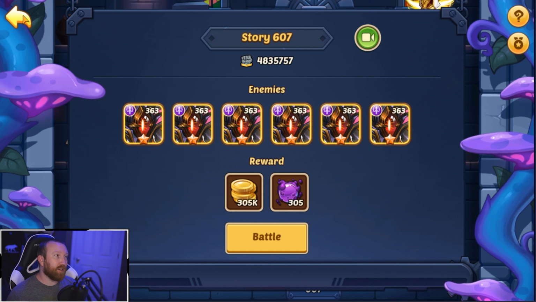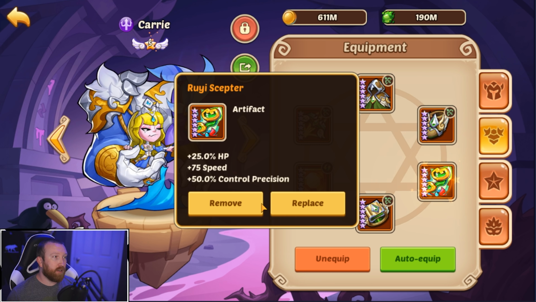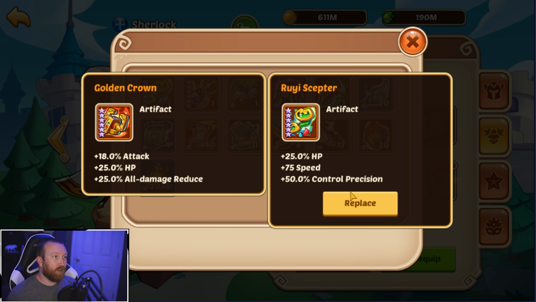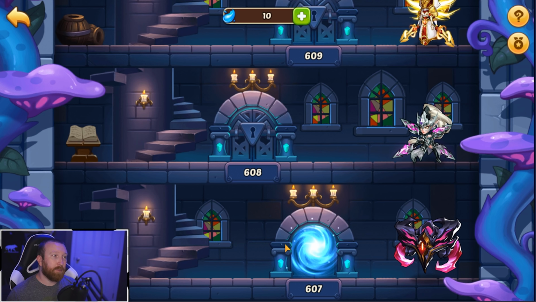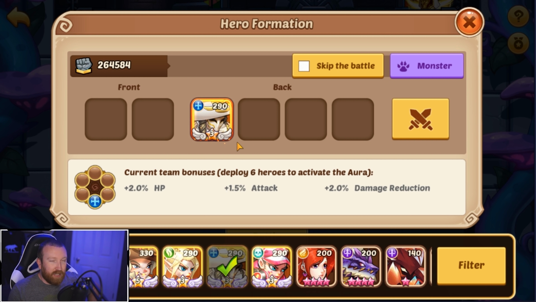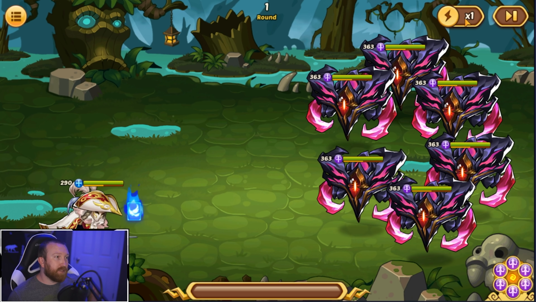So Tower, we are stuck on the Mim wave. We're going to try something here. We are going to try something. We're taking this Rui Scepter off, and we're going to put it on to this Sherlock. Now, I don't know if it's going to work, but we're going to give it a try. I've never actually tried a Sherlock as a solo, let alone an E3 Sherlock. I feel like there is a chance at E5 that he could do it, but let's just see. Maybe with the Rui Scepter, he can...